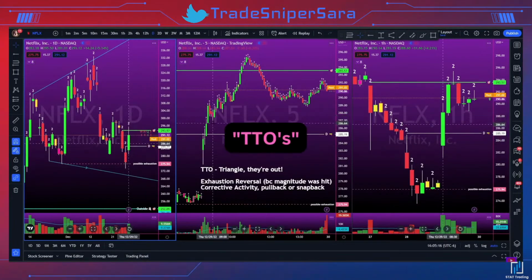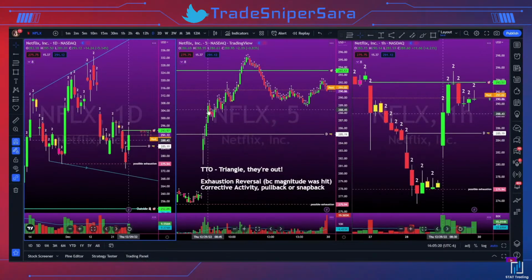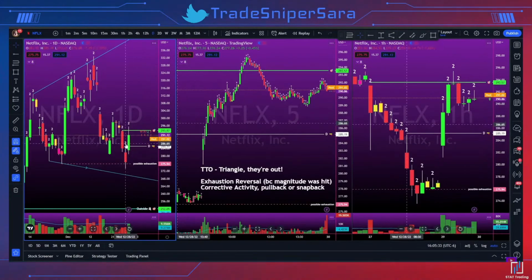So you'll get little pullbacks along the way. These little counter trend moves tend to be just healthy corrective activity because we have not hit our target yet. And as long as it doesn't change the higher time frame continuity,